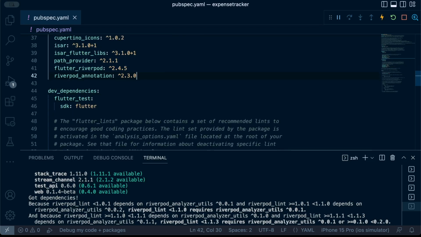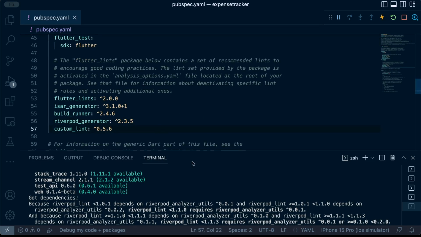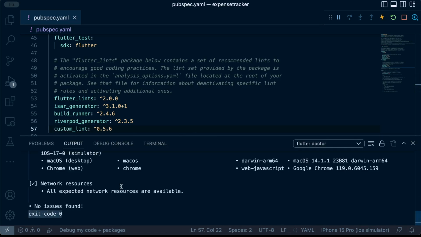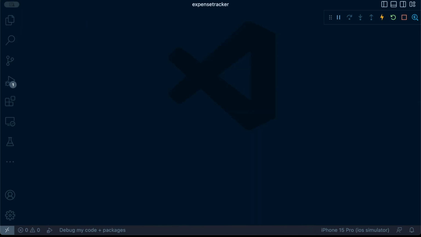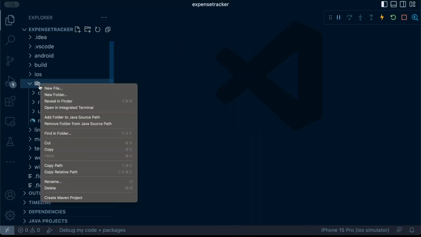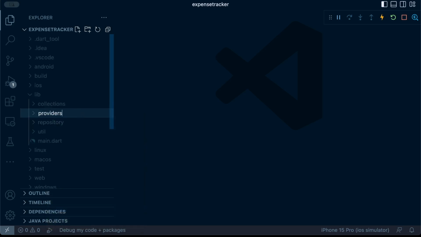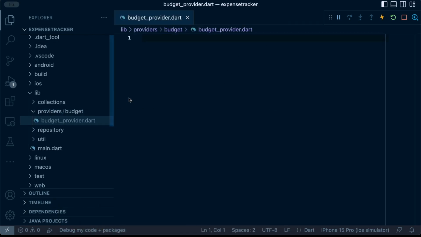So we are having issues with collision in dependencies. Let me try and backtrack the versions by one and see. Yep, I think we're okay with those versions. Now let's work on our state management phase. Create a folder called providers, and that's where we're going to also subdivide our separation of concerns, separate our logic, have one that focuses mainly on the budget